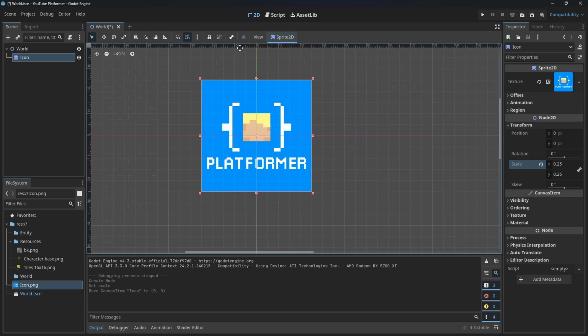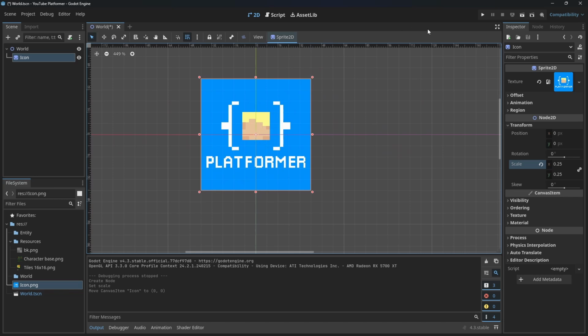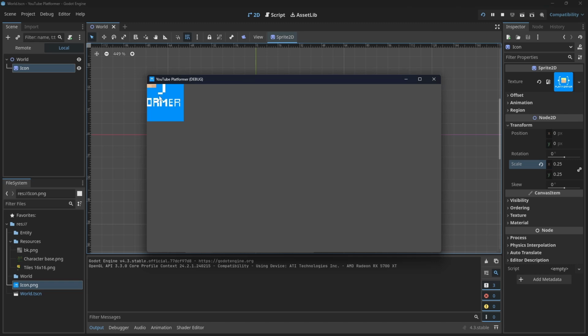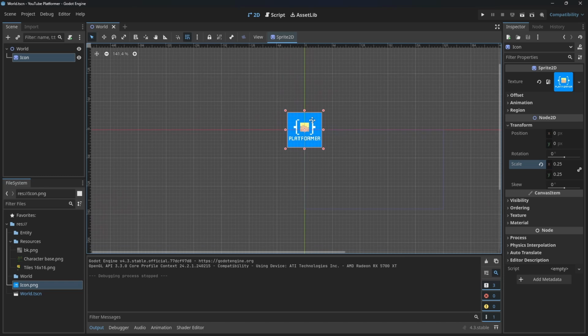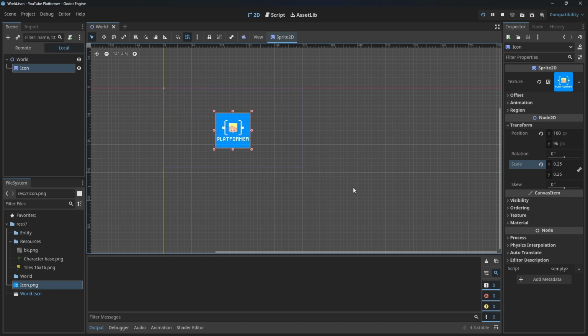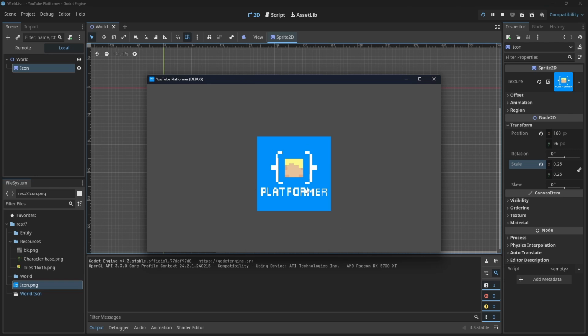I'll zoom in. And right now it's centered on the world, so let's run it. But we only see it up here in the corner. And the reason for that is this blue outline is our viewport. So this is what we'll see. So if I drag this down here now, it should be in the center of our screen